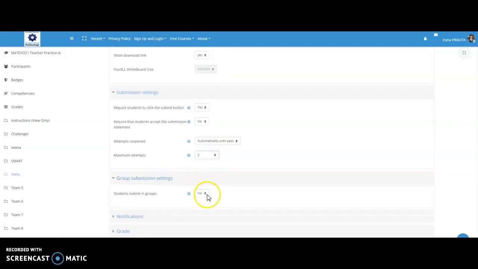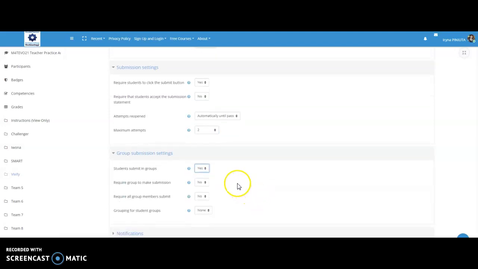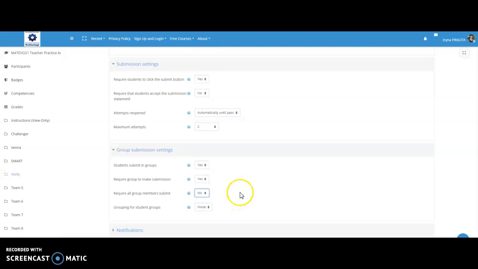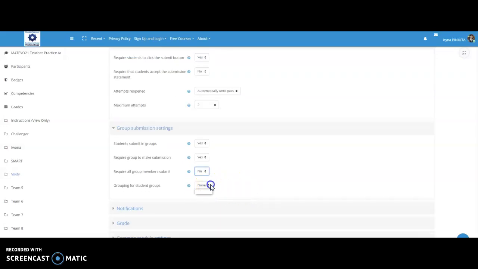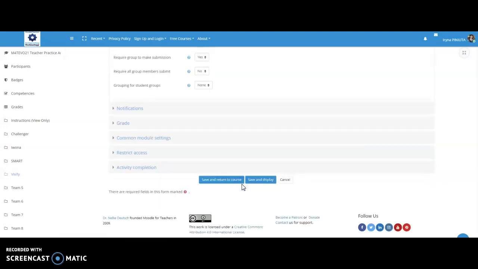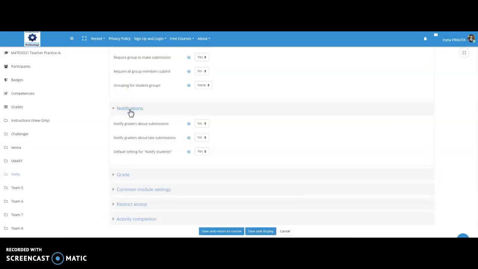Okay, in groups, they work in groups, and that's why I will change these settings. No, not everyone will submit, the grouping for students. Okay, and notifications, notify graders about submissions. Let it be